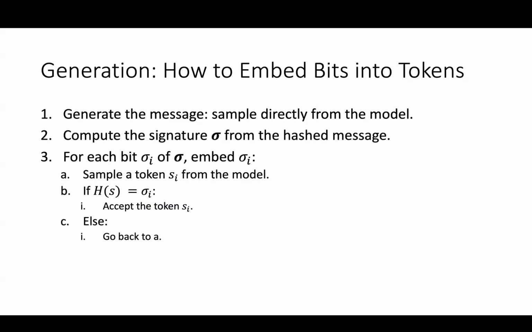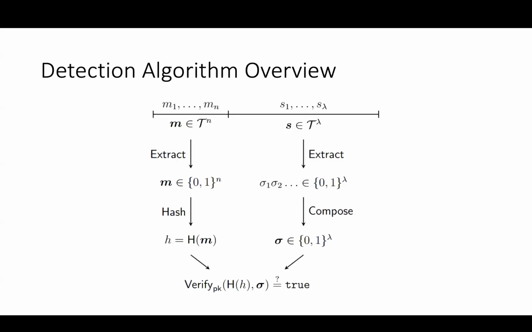Here I'm writing a hash function, but we would want to make it publicly dependent so it achieves the distortion freeness. The detection algorithm is going to be fairly natural now. You take your text and the tokens you have, extract the message out of the first few tokens and the signature out of the subsequent tokens, check if the signature verifies, and if it does, then you have the watermark. And this achieves